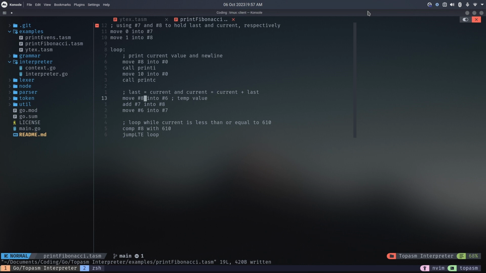So I'm simply storing the current value into register 6. I'm then calling add to add 7 into 8. And then I'm moving 6 into 7 to get the temp value back to the previous. And then we'll compare the current value with 610, which is just one of the Fibonacci numbers, because I just wanted to go up to a reasonable point. And I want to test my less than or equal to. So I said, let's go up to 610 and we will jump